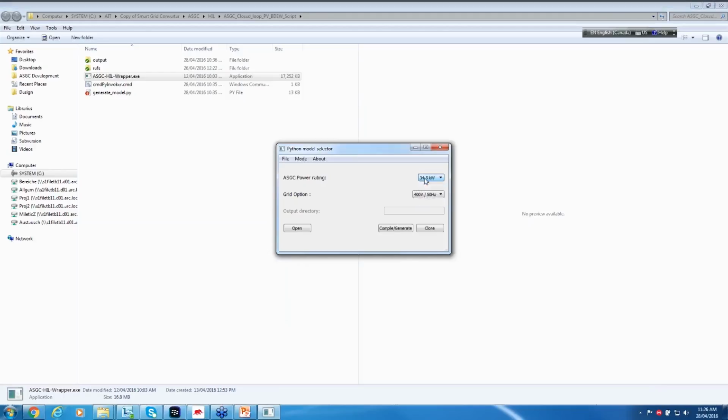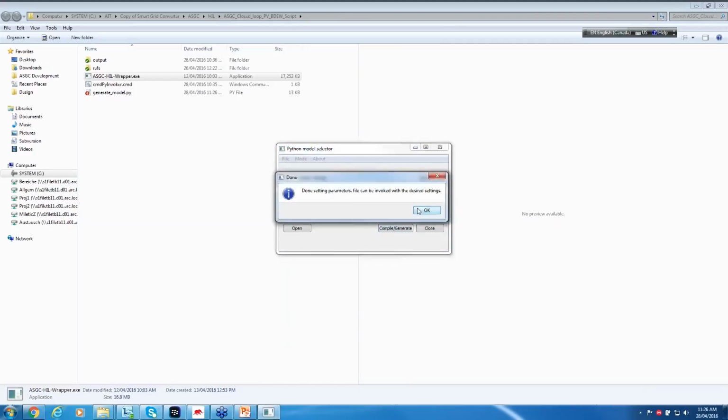So let's select 34.5 kilowatt and 2 grid options, let's say ISC grid and US grid. And this model can be compiled or replaced. We'll choose the compile option, and by clicking compile,